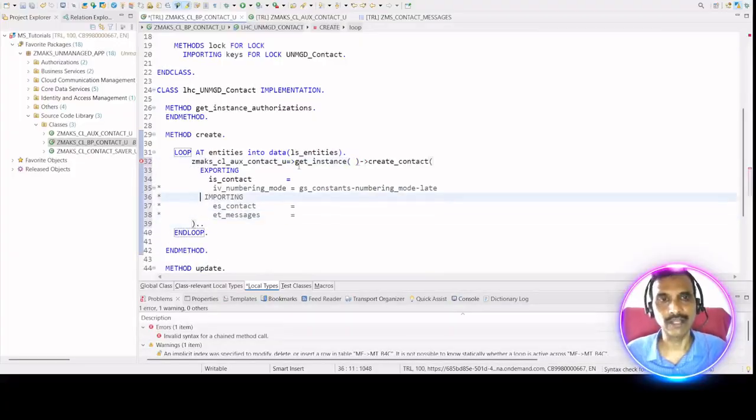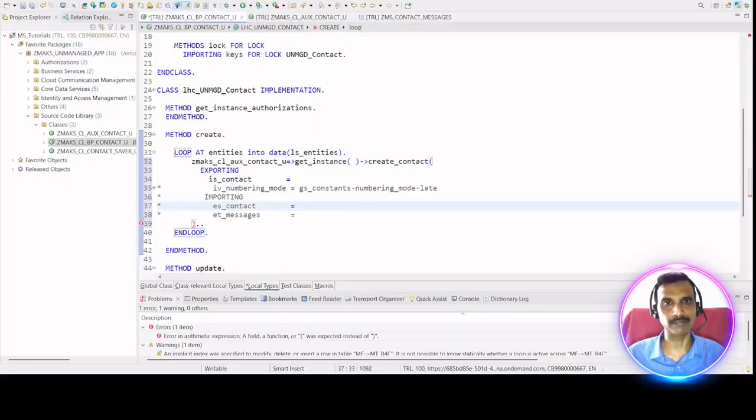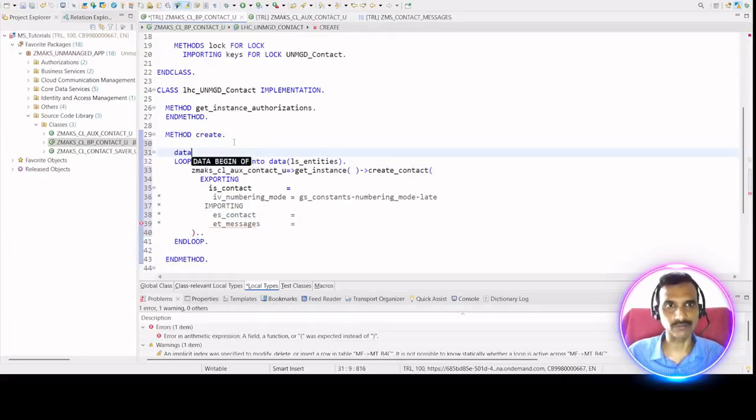Create contact. Okay, as soon as I have seen the create contact, you see it is now taking our contact. Okay, and numbering mode is fine, and then it should give me the contact back. That is what it is actually doing. So for that I need some variables that should be created. Let me just go and create a few variables, ls contact in, and this should be of type